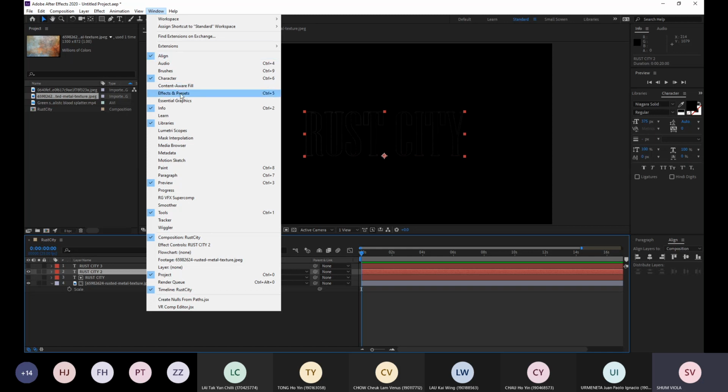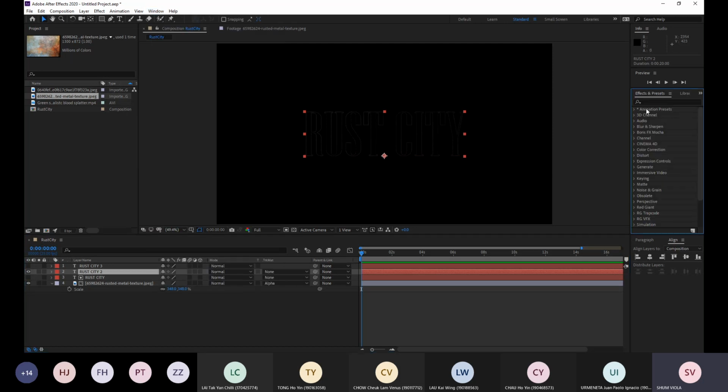Okay, I will go to the window, effects and presets. 係啦，咁我就嚟到 window 啦，effects and presets 呢度啦，我會 search 一個字叫 bevel。係啦，跟住你打完 bevel 呢個字咧，你應該會見到一個叫 bevel alpha 噶。Okay, so what you're